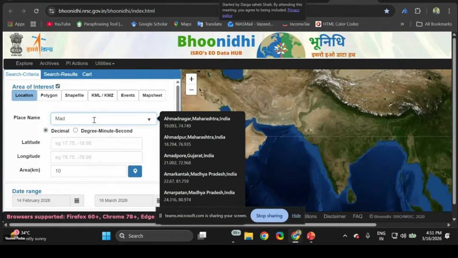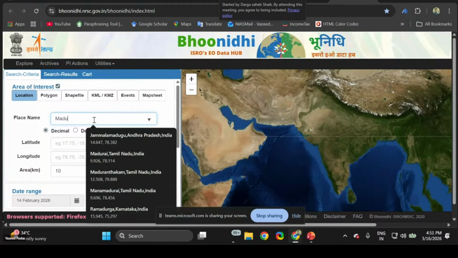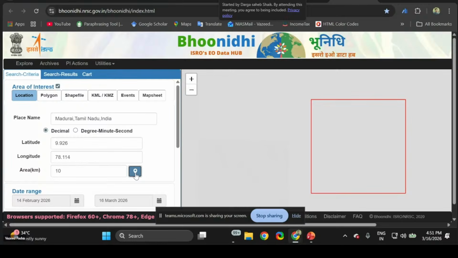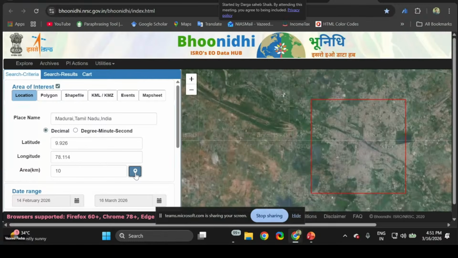See, here it is coming, Madhumalai, Tamil Nadu. So you have to click here. Now you got the Madhumalai area, but it is coming as Madurai, sorry. Madhumalai is a tiger reserve actually, so you need to get a specific shapefile or a polygon.